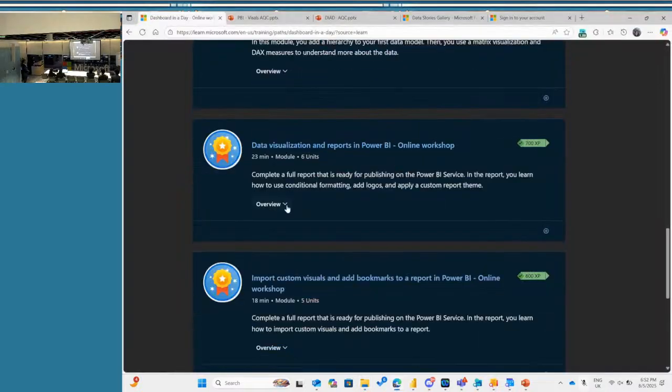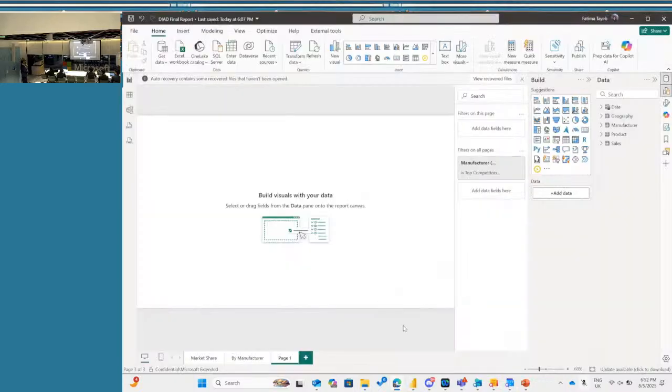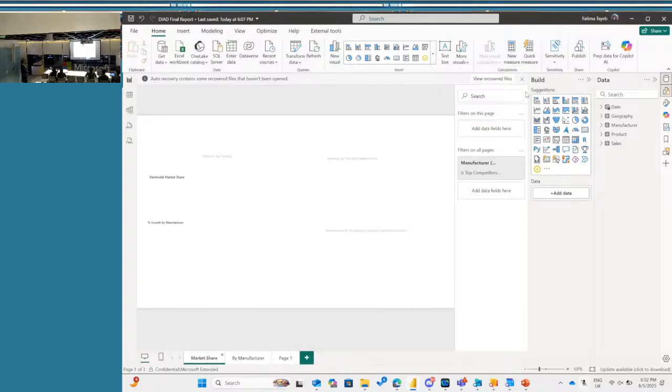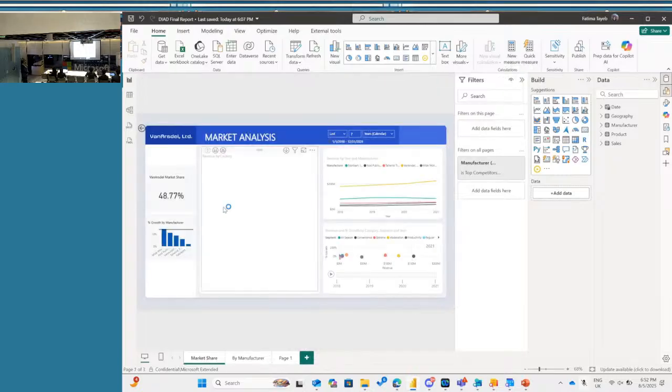Okay, and then also just to remind you, what is the scenario that we are playing out while we're doing these labs? What's this whole analysis that we're trying to do? We are acting as the CMO, right? So at the end, you will be building a dashboard that looks like this, a report that looks like this. We were doing market analysis.